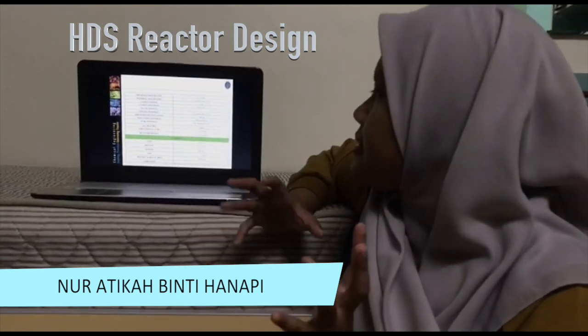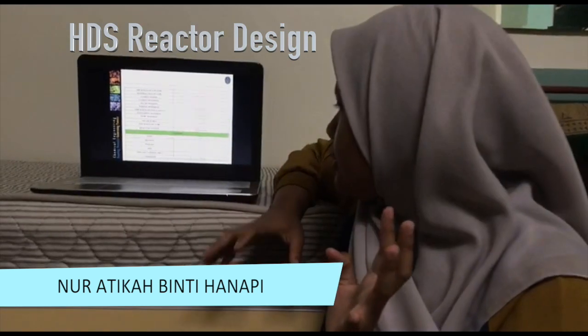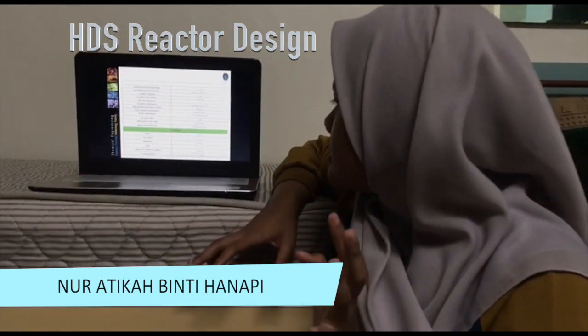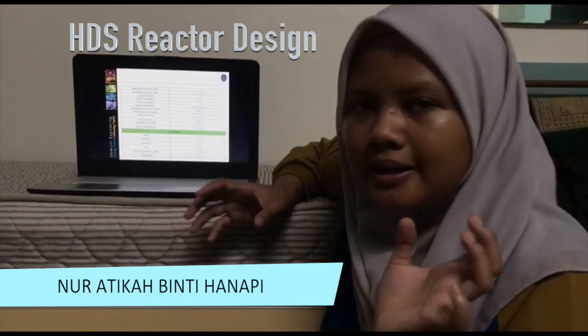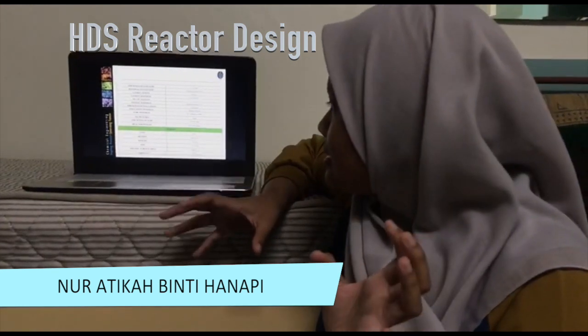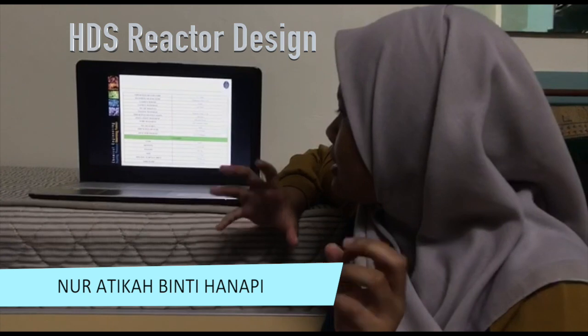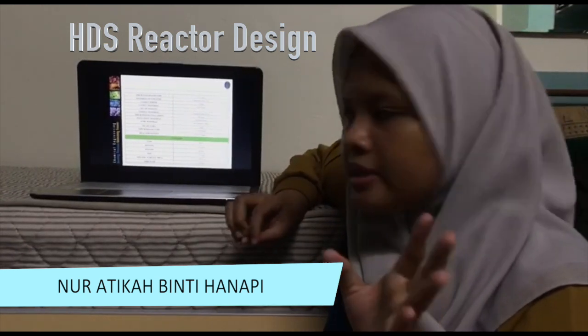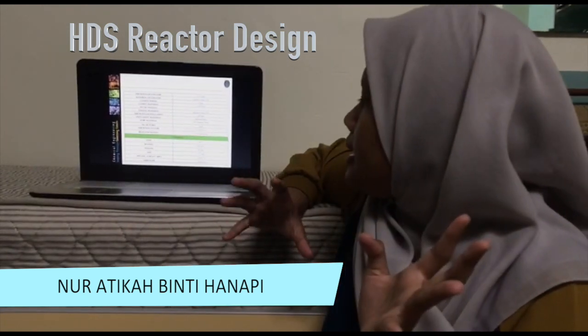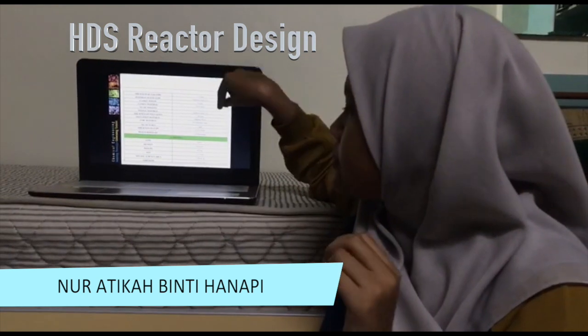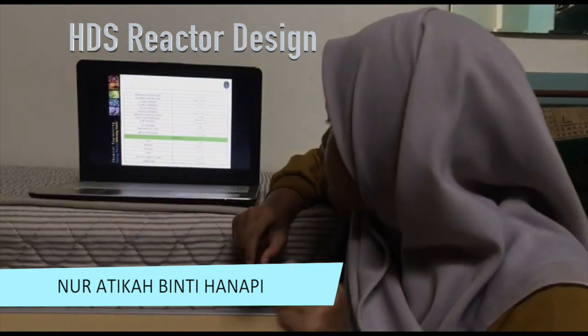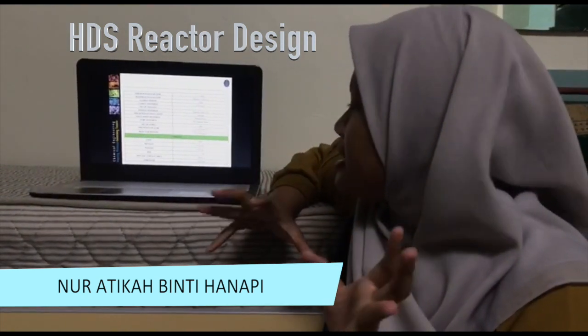The thickness of end type is 6.13 millimeter. My gasket width is 8 millimeter with 2 nozzle. The thickness of insulation is 100 millimeter, and my number of tubes is about 1,800. The reactor weight is